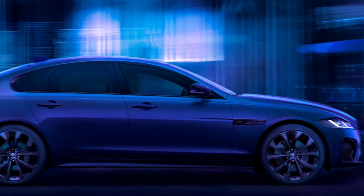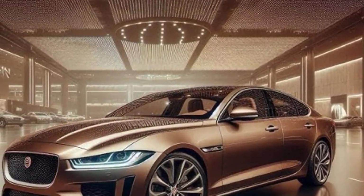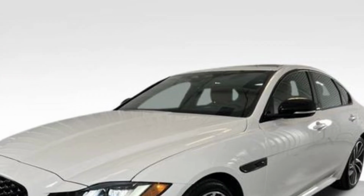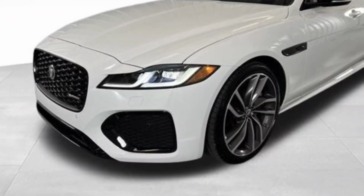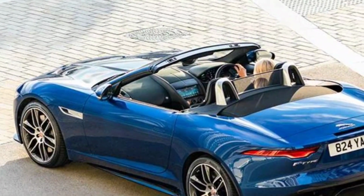Advanced driver assistance systems: the XF is equipped with a suite of advanced safety features, including adaptive cruise control, lane keeping assist, and emergency braking. Overall: the 2025 Jaguar XF is a compelling choice for those seeking a luxury sedan that combines style,